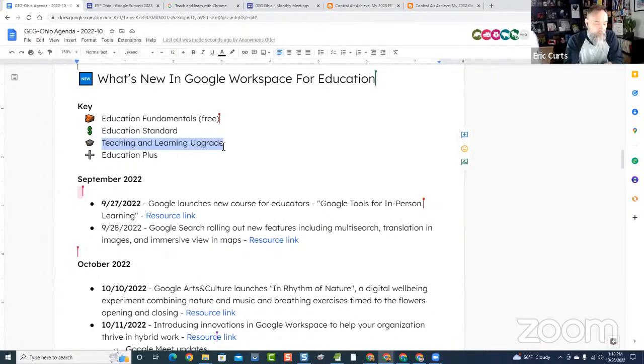Then there's the teaching and learning upgrade, which focuses more on the curricular end of it. So this is more like originality reports, the ability to record Google Meets, a lot of those things that practice sets in Google Classroom, those sort of curricular upgrades. And then there's Education Plus, which puts both of those together. So at the county office that I work at, the Stark County Educational Service Center, we have Education Plus. And so I do get a chance to try out pretty much all of these tools as they are released,